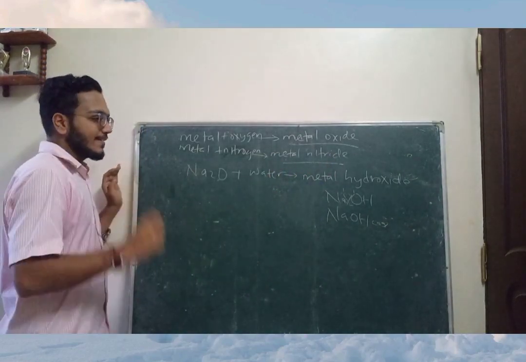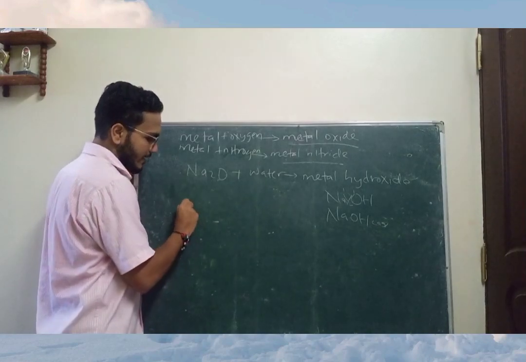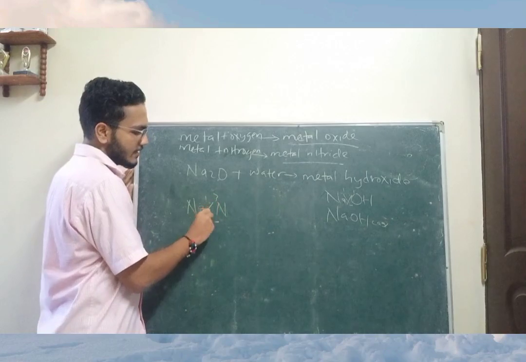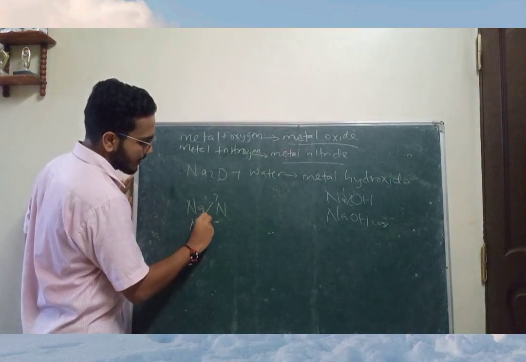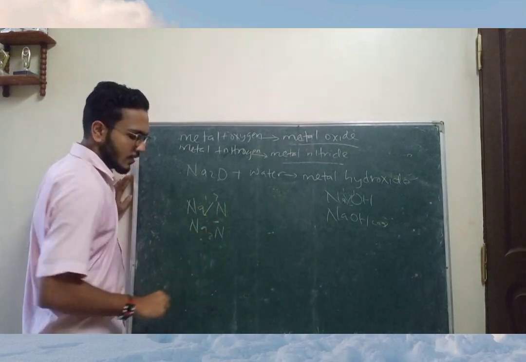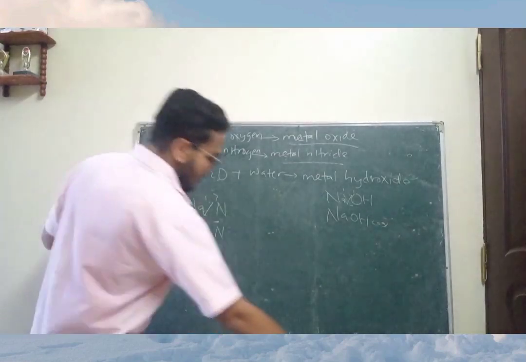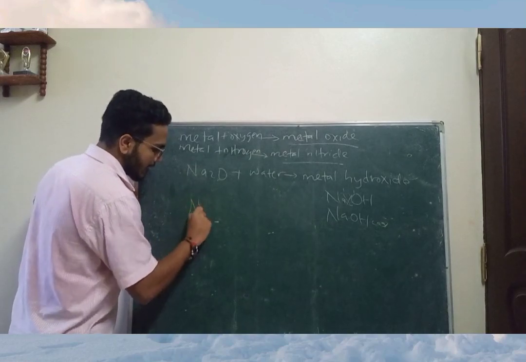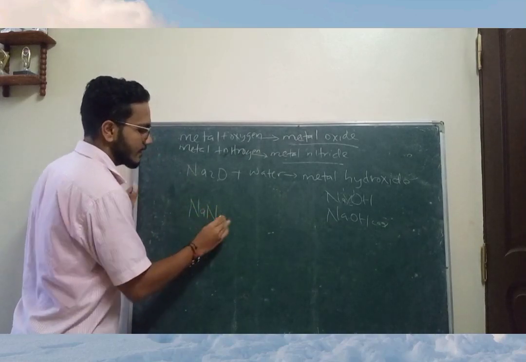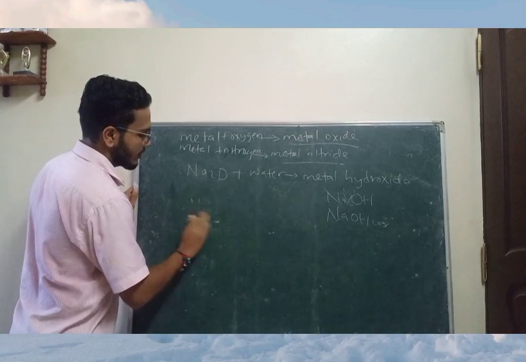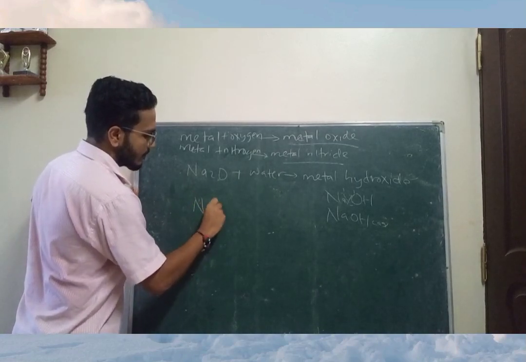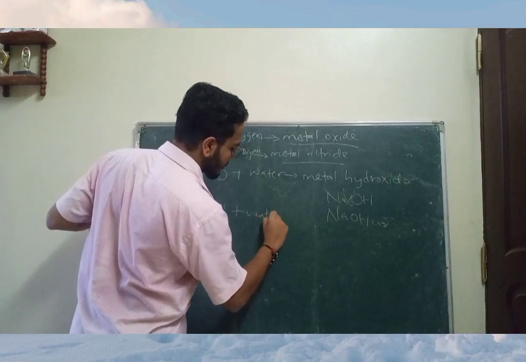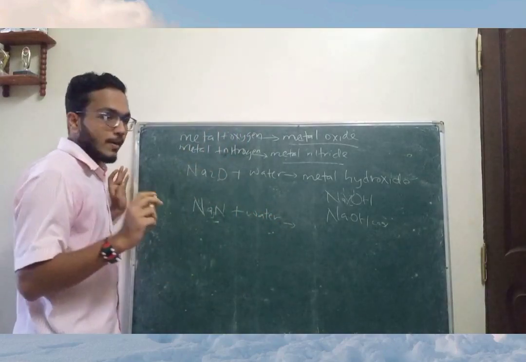However, a metal nitride, let's say sodium nitride, sodium having valency 1 and nitrogen having valency 3, this will be Na3N. So this is sodium nitride. Sodium nitride reacts with water to form sodium hydroxide